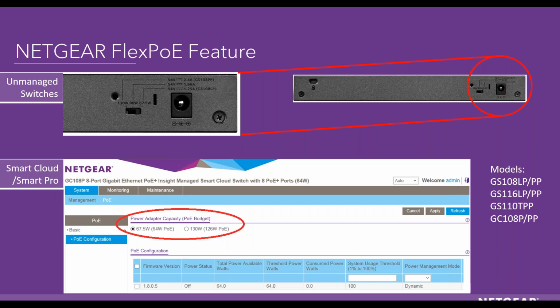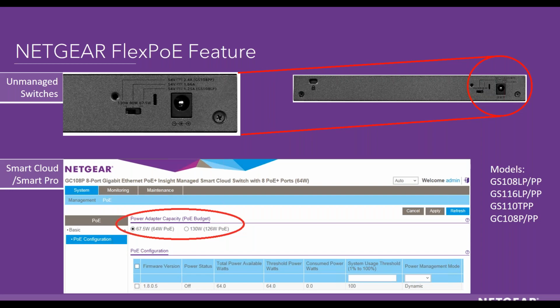For the unmanaged switches, there's the Flex PoE switch at the back of the switch. You can just turn it to different PoE budgets, and this switch will adapt. And of course, you need to change your power adapter to that total PoE budget. And this switch will just adapt it to the new PoE budget. And for the Smart Cloud and Smart Pro switches, simply change the PoE budget in the web browser-based interface and